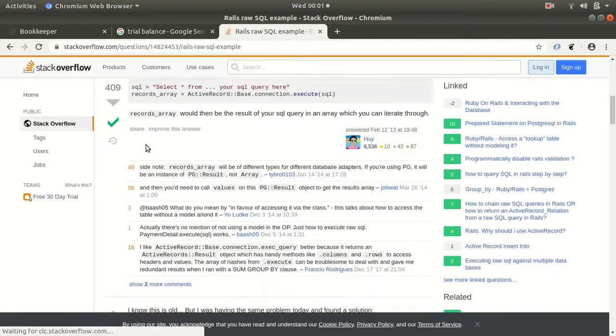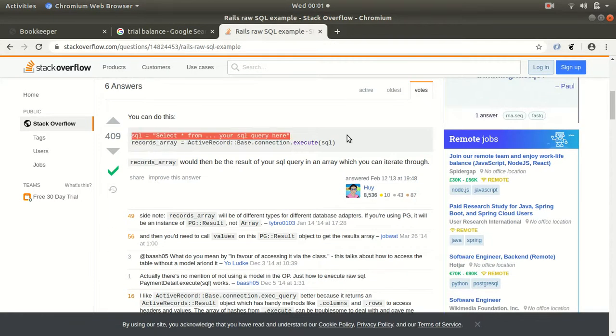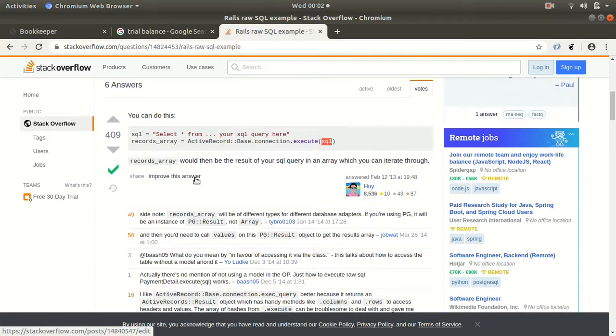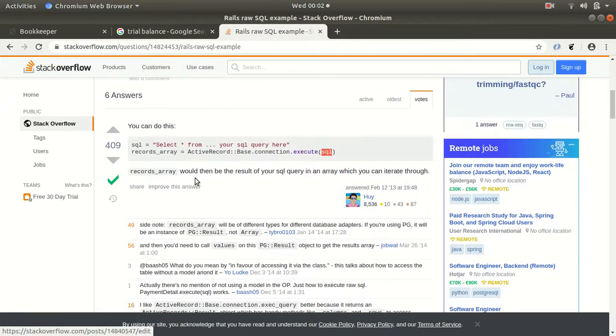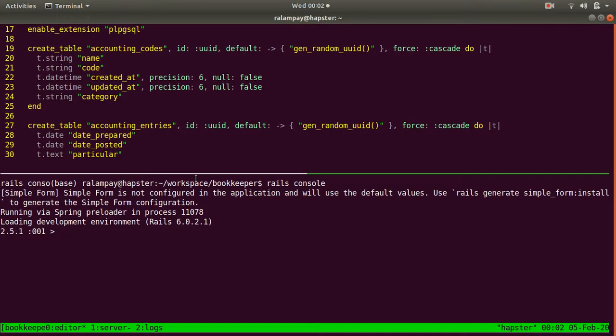I believe I looked this up before. Okay, so we have a raw query here. And we simply say ActiveRecord::Base.connection.execute, pass in our SQL string, and we get a bunch of records. Okay, so let's try that first. Let's say our query is to select